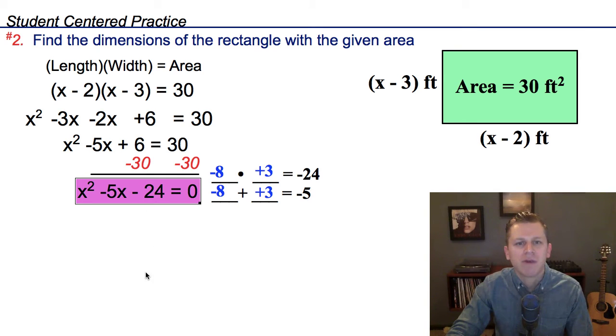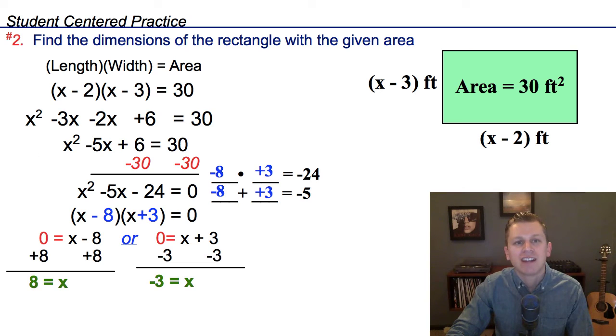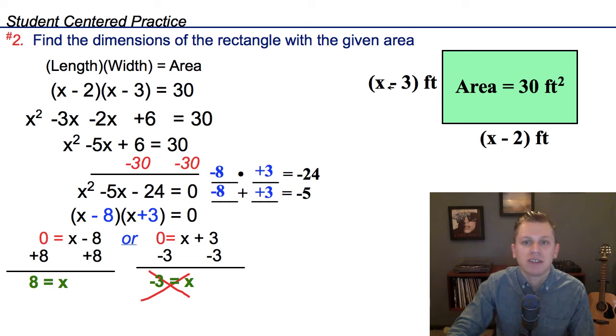Take this from standard form and put it into factored form. Apply the zero product property. Solve both equations. Reject the negative dimension. And use the value of 8 here, the positive value, to find out what the actual dimensions are by plugging